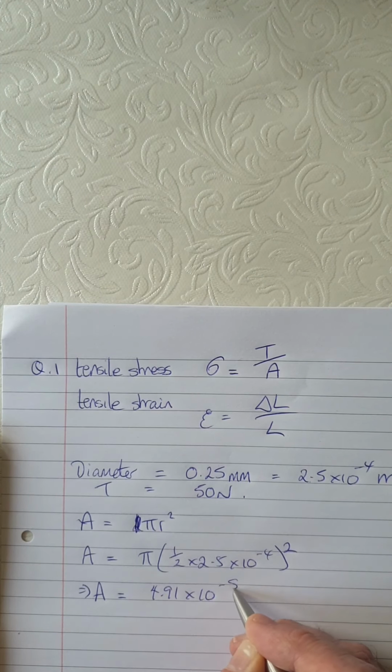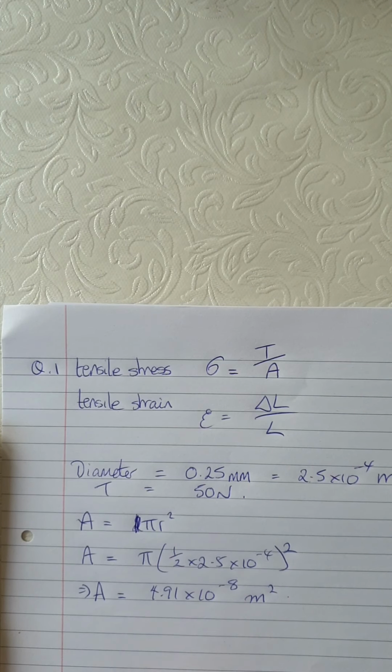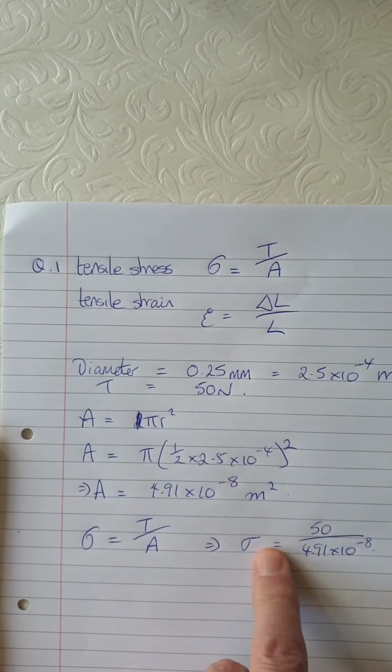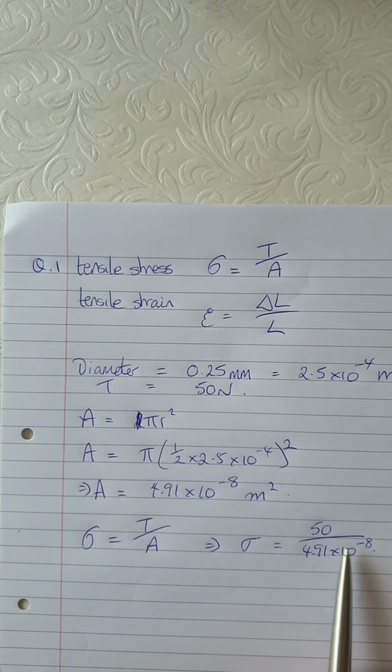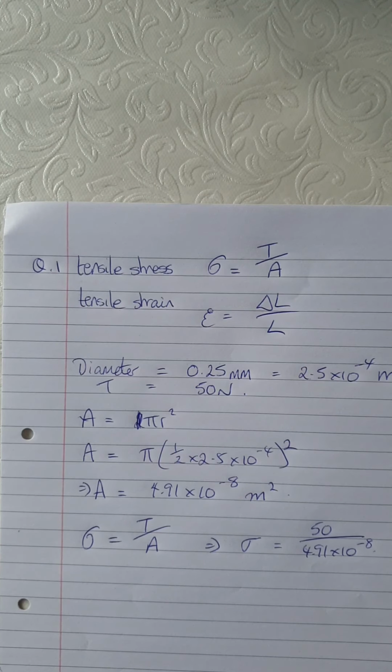which gives us an area of 4.91 times 10 to the minus 8 meters squared, and we know that the stress is defined as the tension over the area. That gives us the stress is equal to 50 divided by 4.91 by 10 to the minus 8. Before we work out the answer using our calculator, we can very quickly see that we're expecting a number that's going to be very large, in the order of 10 to the 8 or 10 to the 9. So 50 divided by 4.91 times 10 to the minus 8,